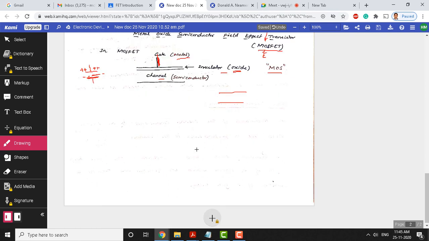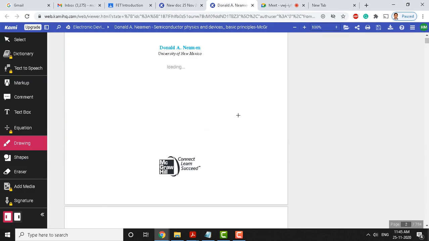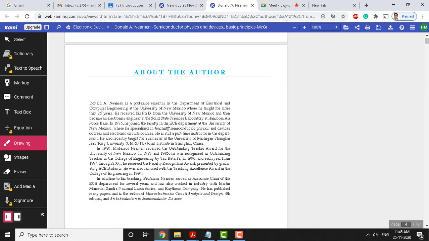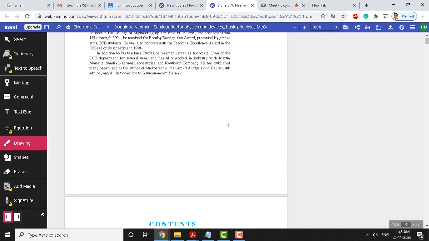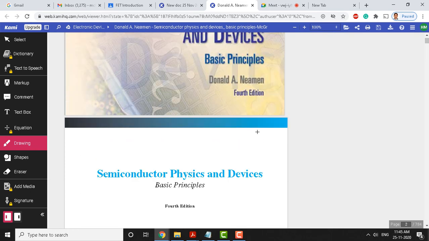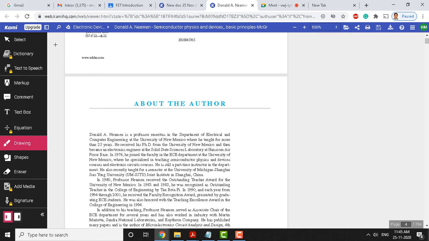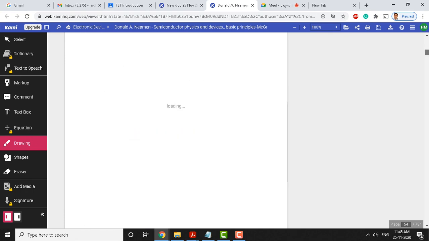We have covered just the introductory part of this JFET, and in the next class I would like to take you to the PN JFET, its operation and its characteristics. And this is a textbook which I have uploaded in the Google Classroom. Students can access this textbook, an e-copy, so that you can use it for study purposes. Here from this chapter, if you look, it starts from the 13th chapter, I believe, that is going to be the JFET.